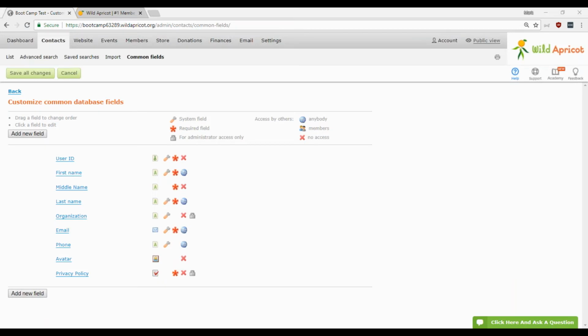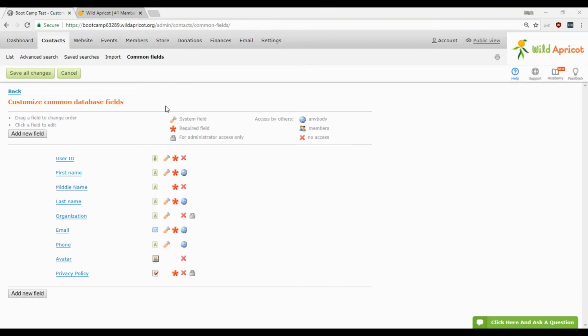So we'll just save changes for that. I'm getting a couple questions here, and I think this is a pretty good one, so I'm going to address it. When you add a custom field like middle name, how can you make it searchable? Well, I suppose my follow-up question is, where would you like to be able to see that? But more importantly, yes, you can absolutely make it searchable. In fact, any sort of information you put into Wild Apricot can absolutely be searched later and drilled down specifically.